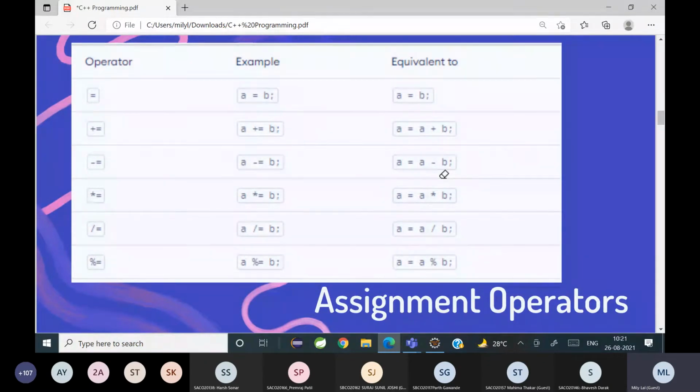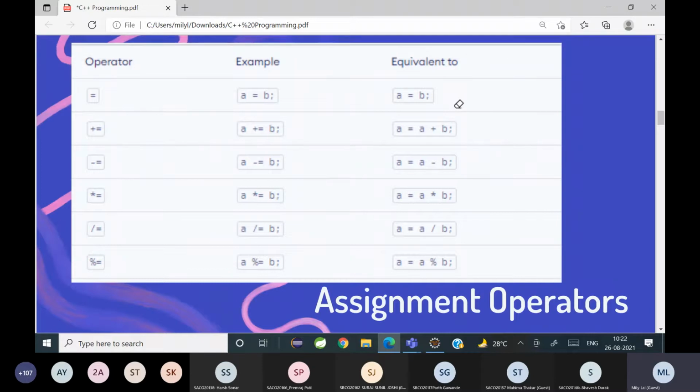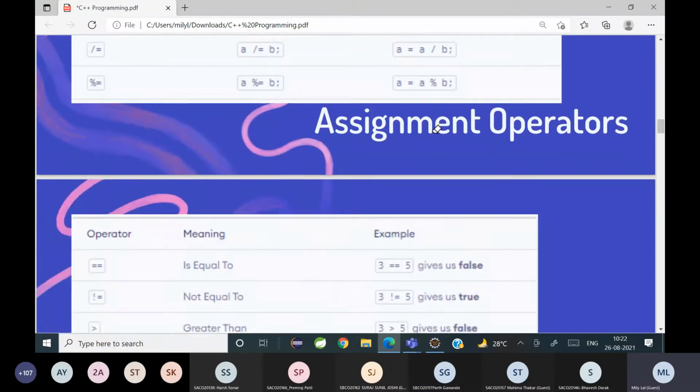But right now, what is an assignment operator? A equal to B means B is getting copied to A. That means right to left. समझ में आया? Okay, fine. So it's always from right to left. It is not the value in the left getting copied to B. It's the value in B getting copied to A. Like जब हम लिखते हैं A is equal to 10, उसका मतलब क्या है? 10 is getting stored in A. समझ में आया? Is it clear? Yes, ma'am.